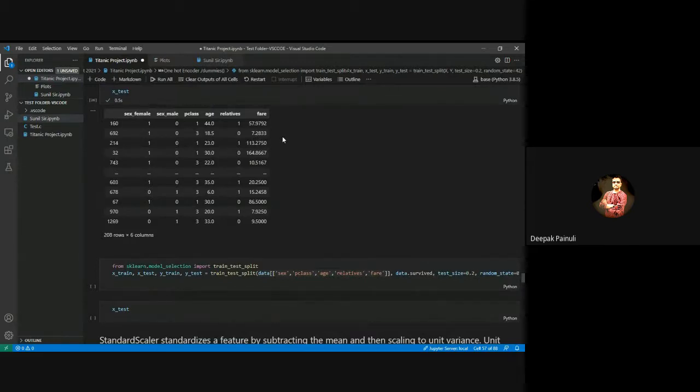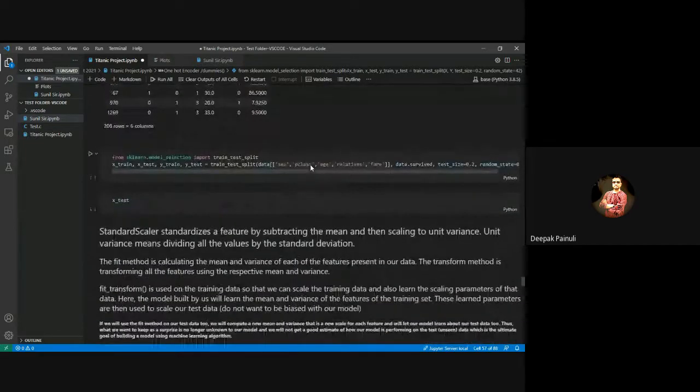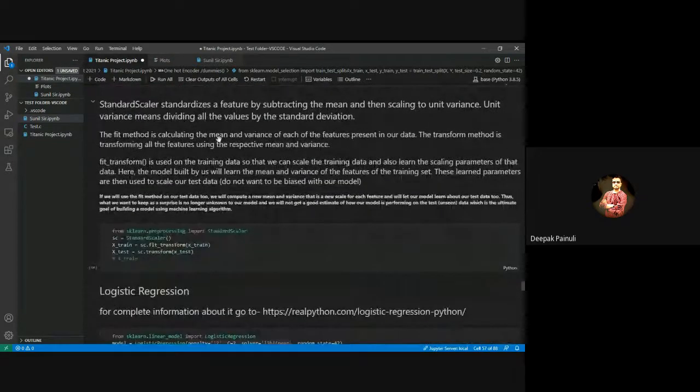Let's say we change them to 0 to 1. That is called normal scaling. But we are going to use StandardScaler, which uses the mean and variance of the data to scale the data, right? Feature-wise scaling of the data. It is written over there, right?